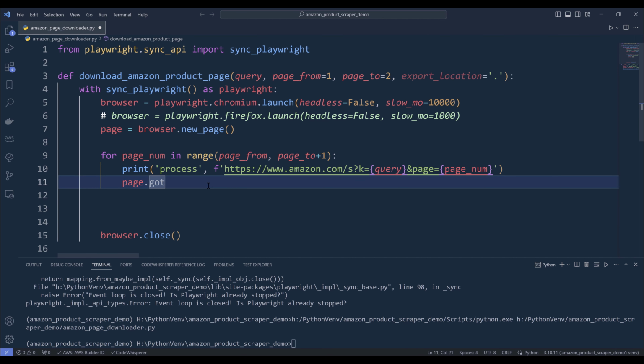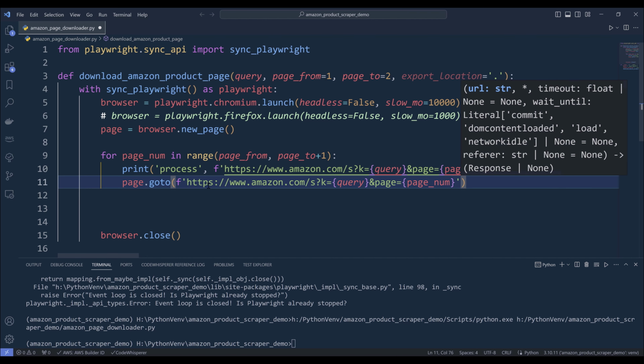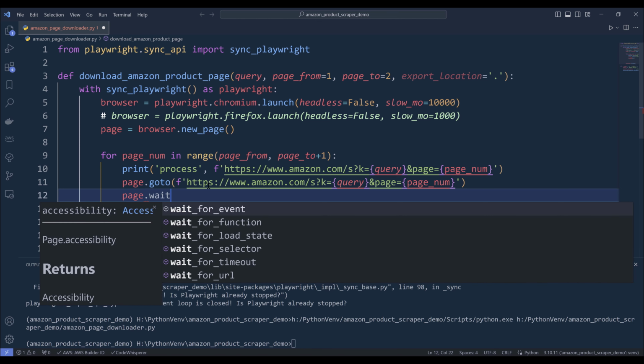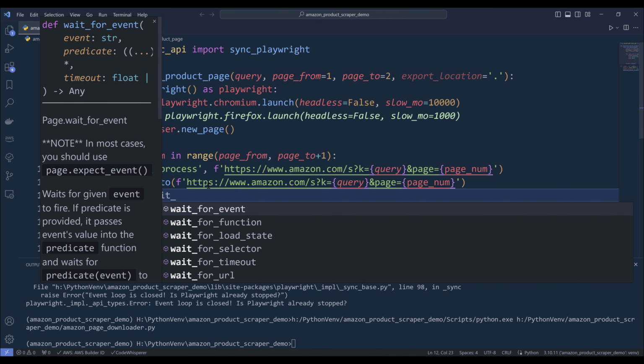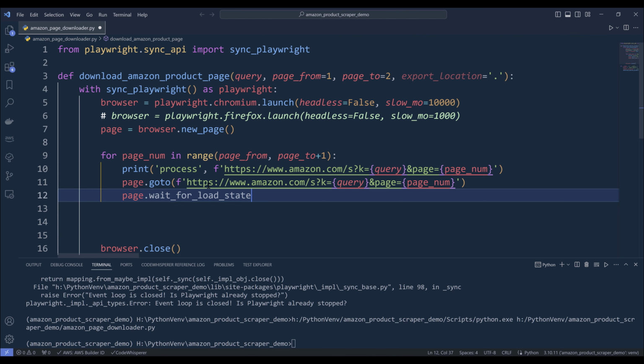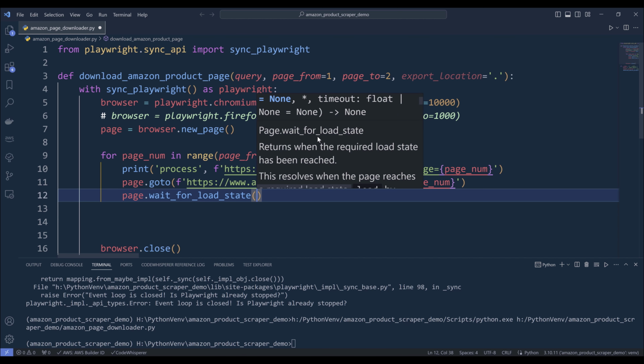All right, so to navigate to a page or to a URL, from the page object, we'll use the go-to method, followed by the URL that I want to go to. Then I want to wait until everything is loaded. So we can use the wait for load state. Yeah, that's right. Now, if we look at the documentation,